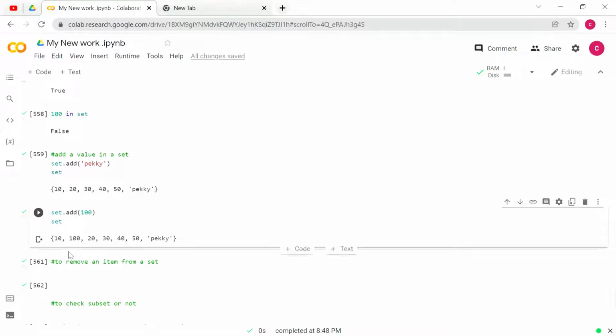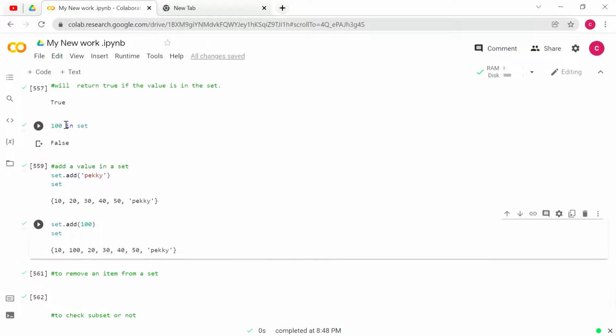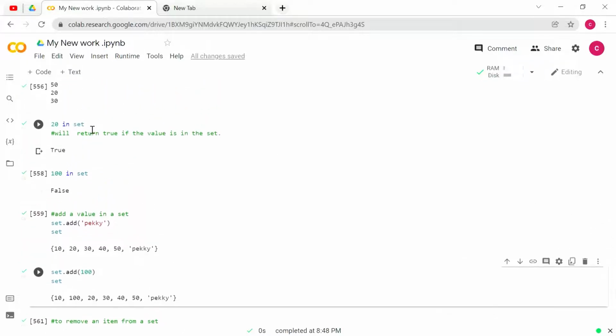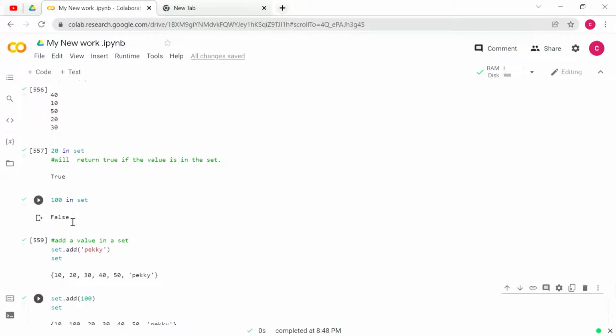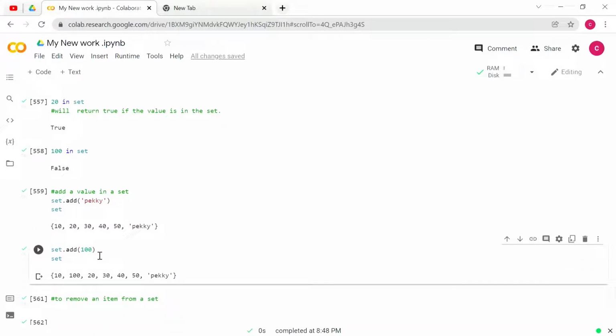Also we can see we have already checked 100 in set. It came false only because we have written this code just before the code while we are adding 100.